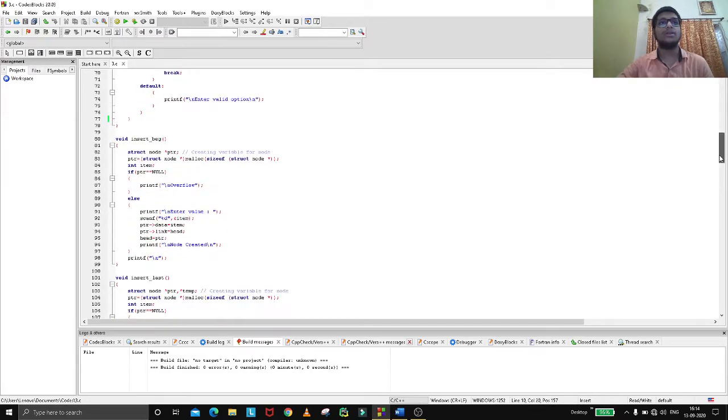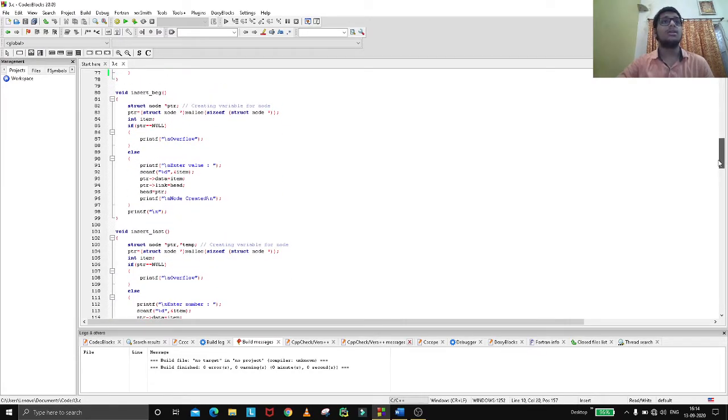Let's move on to the further part of the code, the main part. First, void insert beginning. We need to insert data at the beginning of the list. We have created a struct node star ptr equal to struct node star malloc sizeof struct node. Sizeof is for calculating the size, and malloc is for creating the address.